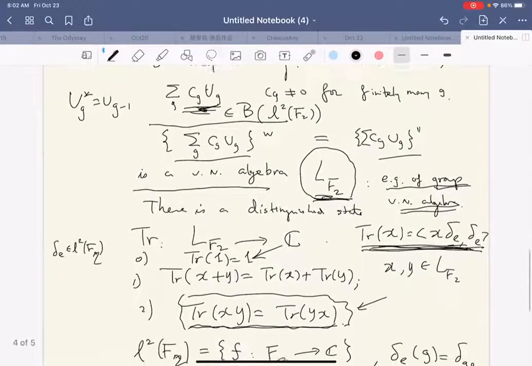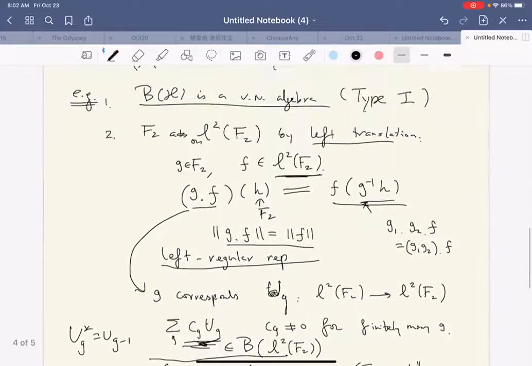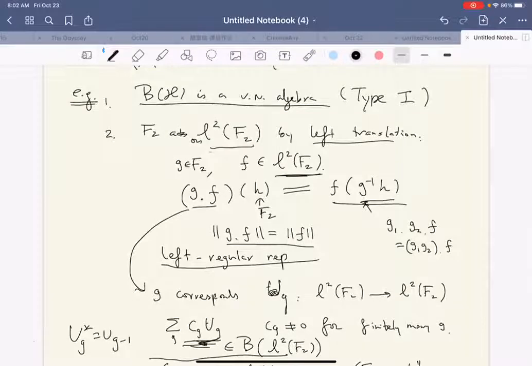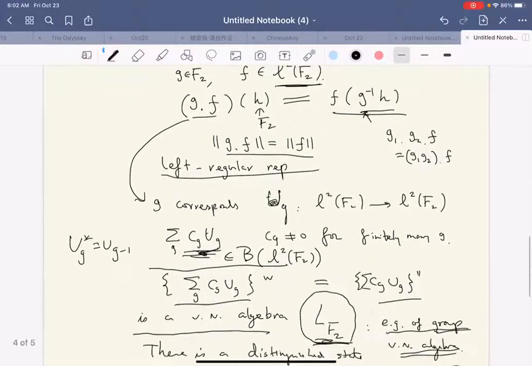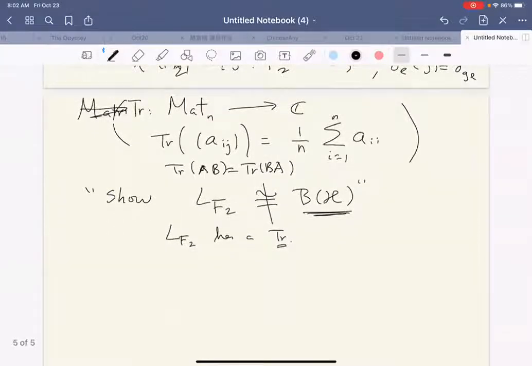But what I mean, the H is L2 F2. The B of H. Yes. The Hilbert space is L2 of F2. That's the Hilbert space that I started with. Okay, so let's see why